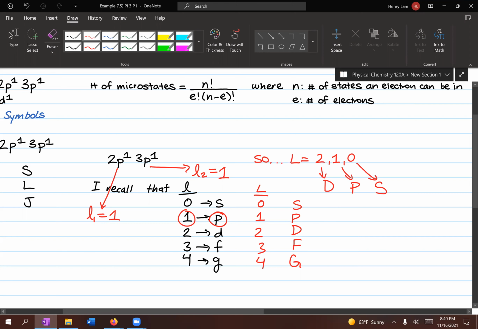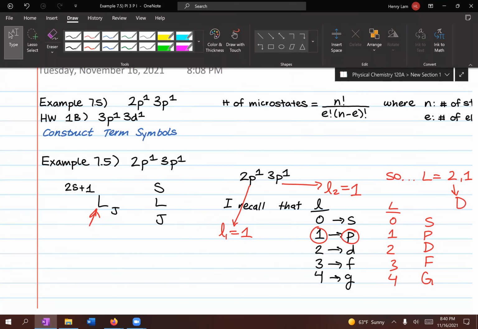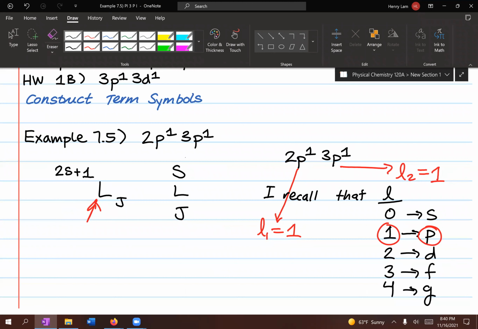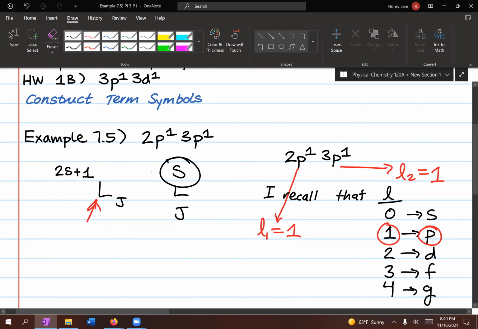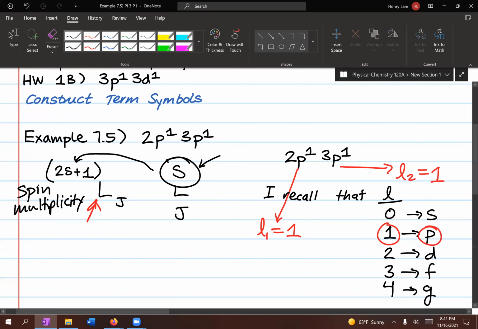We need to find the spin number. Let me refer back to that. This is the spin number right here, because the spin number will give us the spin multiplicity. So how do we go about doing that? My brain thinks about this and says, if you want to find big S, the spin number,